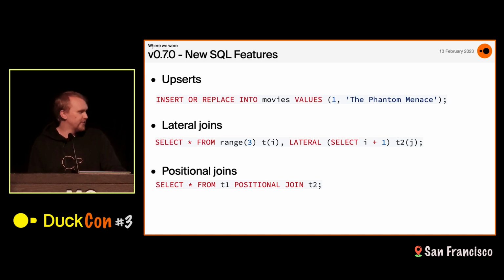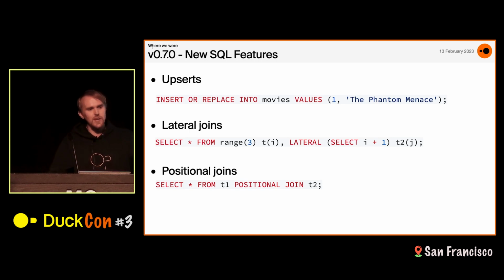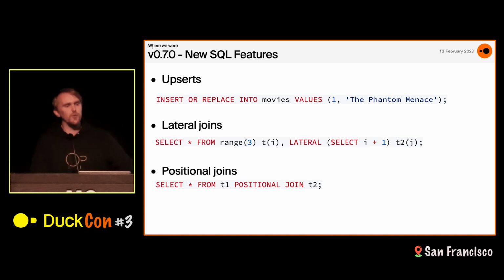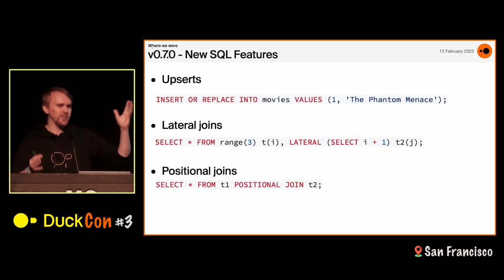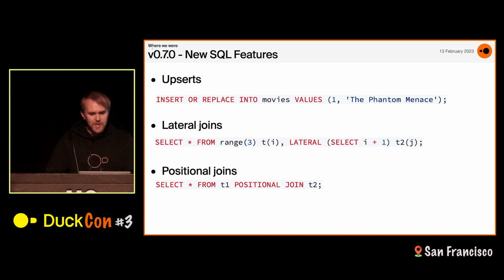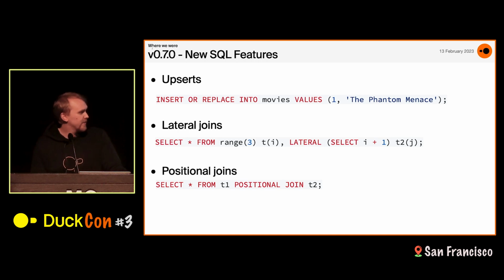The positional join, it's a bit in the name, joins on position. So instead of having a join predicate where you say I want to join based on the value of a column, you say I want to join row 1 with row 1 in the other table. If you have maintained this order, that turns out to be quite useful to easily combine these different tables. That isn't in SQL, of course, because SQL doesn't have a concept of order of rows, but is now in DuckDB. If you haven't seen that yet, I encourage you to check that out as well.